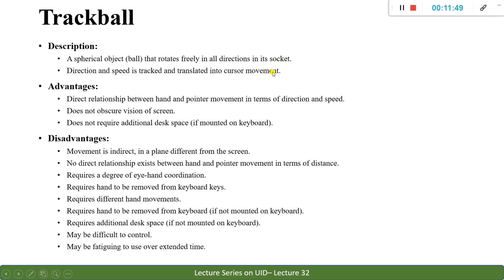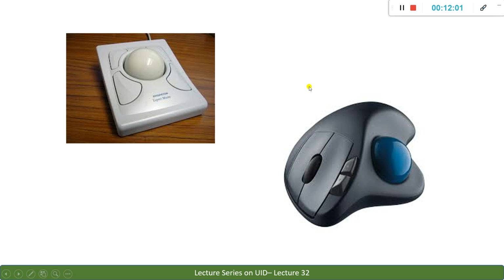So the ball is very specific about the direction. Usually that ball is moved using fingertips. If you want to see an example of it, see here. This is the ball that you have. You can move this ball in all 360 directions, and these are the clicks available, like when you want to click on the right, left or bottom, top, these things are defined.